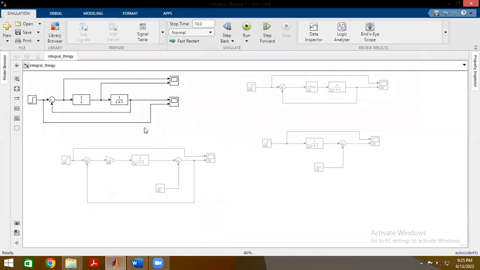So we've now discovered that with the integrator, we can essentially reduce our steady state error to 0 with a